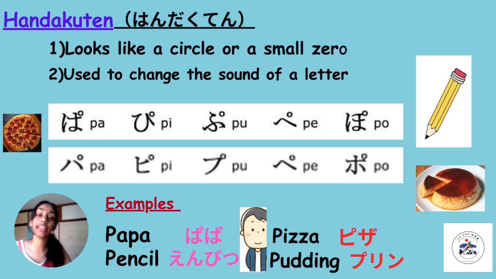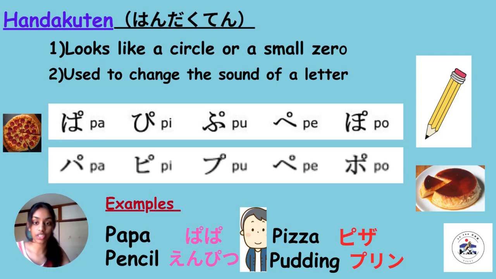There's also another mark that is used to change the sound of a letter, and it's called handakuten. Handakuten, it looks like a circle or a small 0, and it can be only used in the ha section. So ha, hi, fu, he, ho changes to pa, pi, pu, pe, po. For example, when you want to say papa, you can just write ha and ha in hiragana and then add